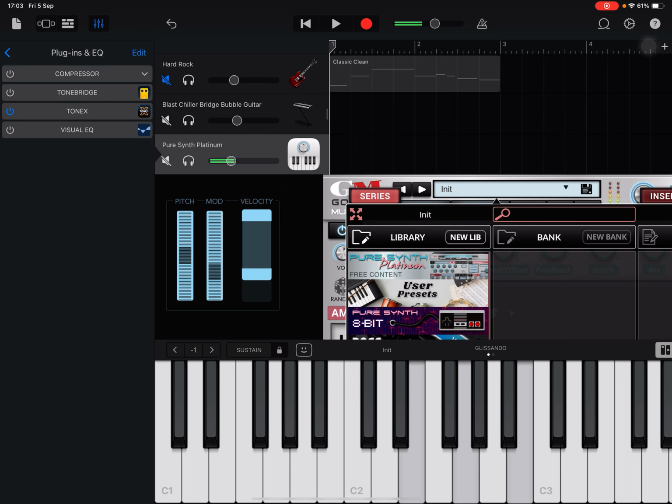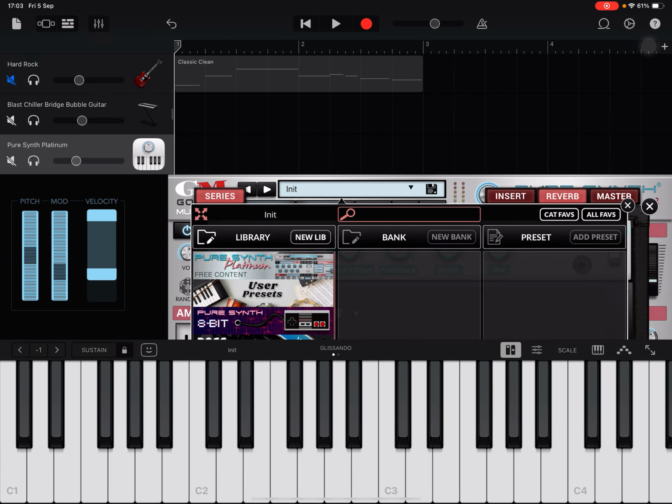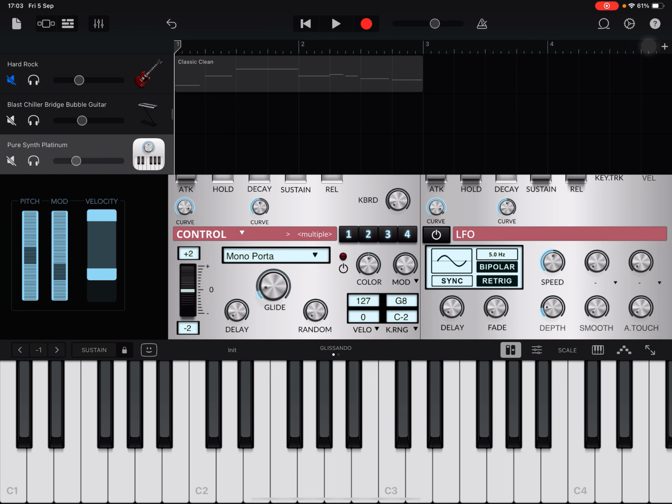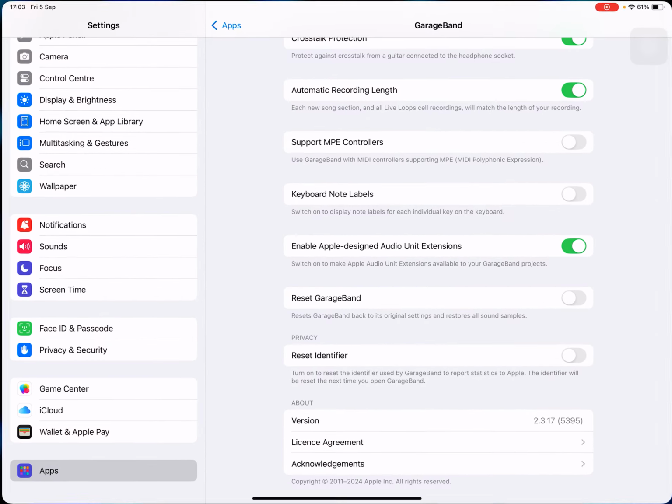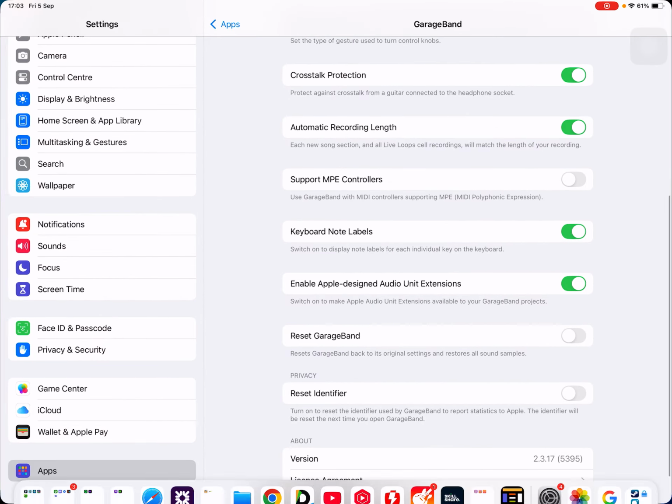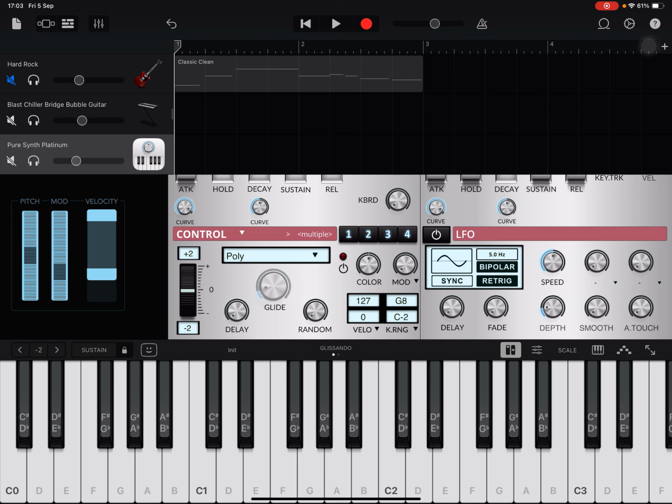So Tonex is another guitar distortion app. For this, we want it in polyphonic because we want rhythm. And usually guitars play a fifth, so they'd play, if you're in C major, let's say. I wonder if I could put the notes up. Hang on, bear with me. There we go. So if you're in C major,